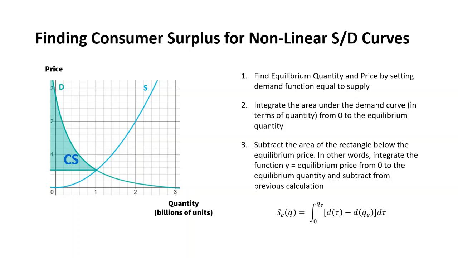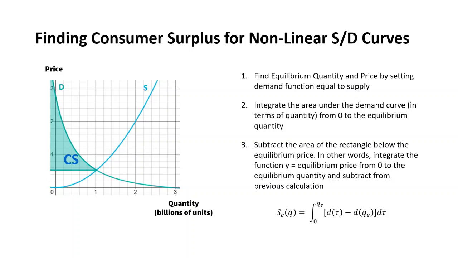The final step is to subtract the area of the rectangle below the equilibrium price. In other words, integrate the function y equals the equilibrium price from 0 to the equilibrium quantity and subtract from the previous calculation. This results in the formula